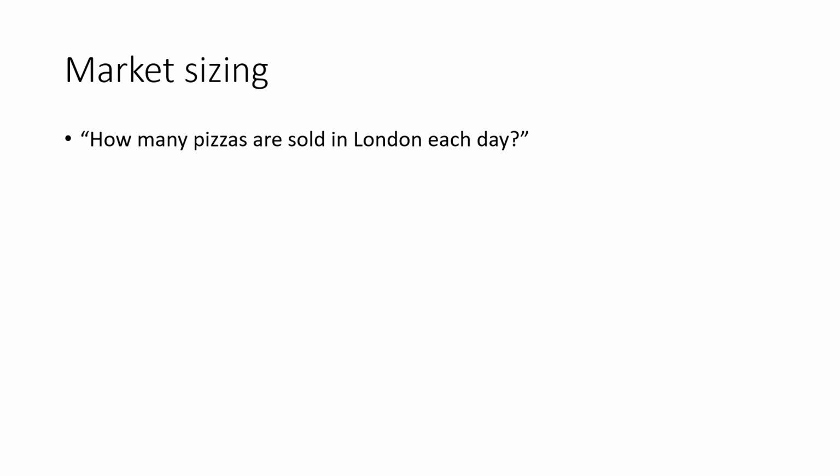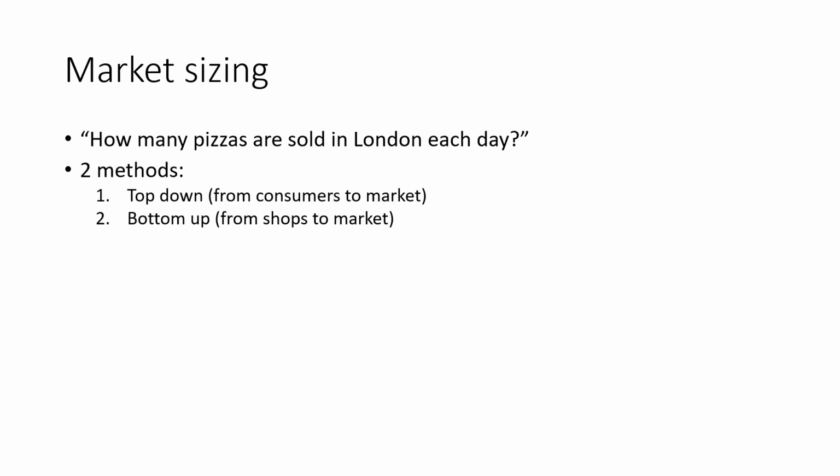The first thing you must do with these questions is decide if your answer will be a top-down or bottom-up approach. The top-down is very common and goes from the total number of people to find the market provided to them. This is the classic, of the 8 million people in London, how many buy pizza? A bottom-up approach is usually less common and works by finding the number of businesses serving that market and using that to find the size of the market. In this case, it would be, how many shops in London sell pizza?